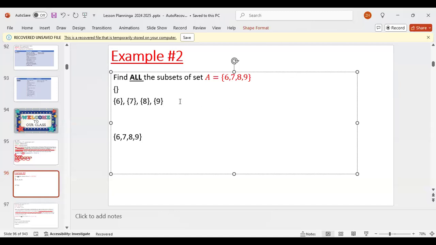Do we understand it so far? We got all our singletons, right? Yes, sir. Isaiah Brown, you understand it so far? Yes, sir. Jalen Johnson, you understand so far? Yes, sir.